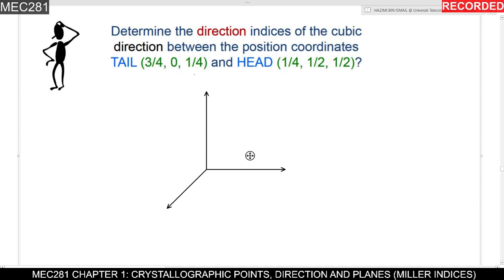So this is Z, Y, and X. Okay. So this is 1, this is 1, this is 1. So you have to do the parallel to the x-axis to get the cube or